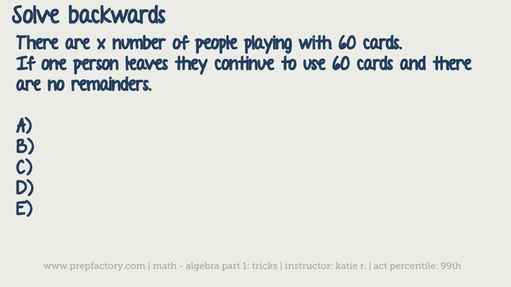There are X number of people playing with 60 cards. If one person leaves, they continue to use 60 cards and there are no remainders. Okay, great. So then after this, it would say either how many people were there originally, how many people are there now, or something like what is the least number of people possible, or the highest number of people possible. So in the case that it's going to say just how many, so essentially what is X,